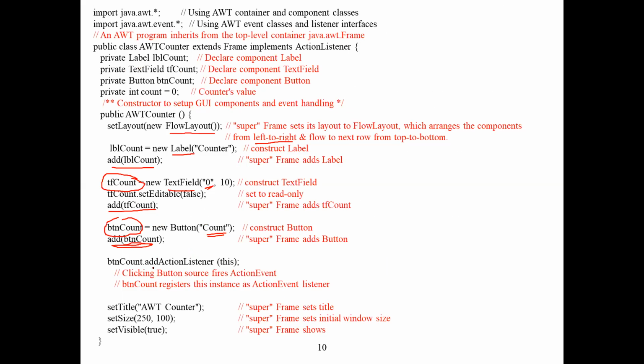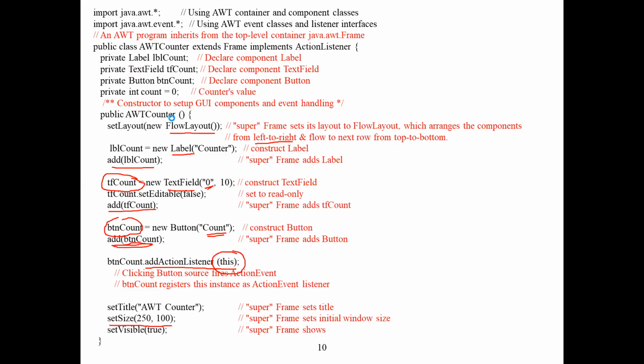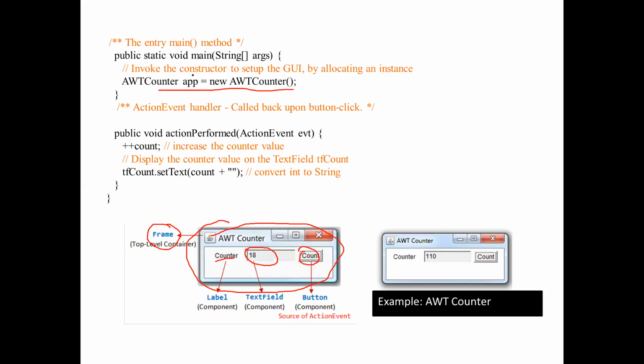Then look at this. This is used to say that on the current instance, you have to perform this. That is the meaning of it. There is also set size, 250 by 100, which are the width and height. Then in the main, there is a call for the class I have created, made by creating an object of that class using the default constructor.